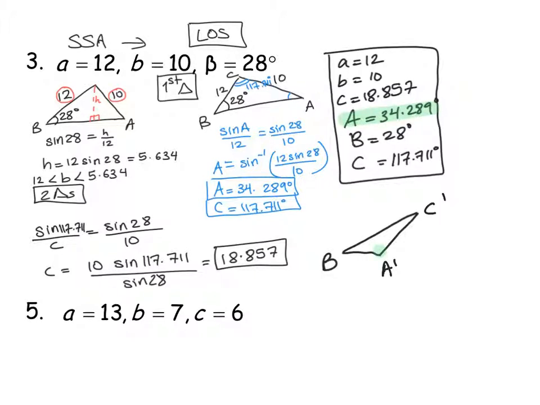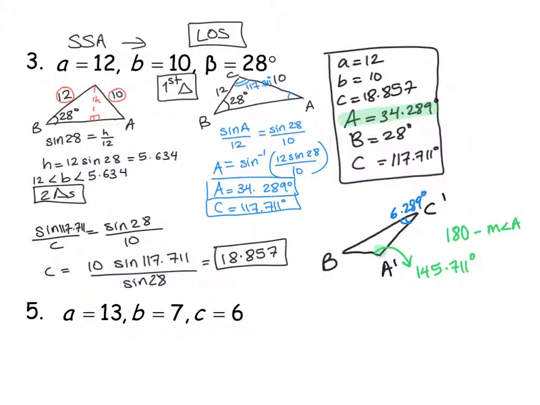So to find this A, I do 180 minus the measurement of angle A. So 180 minus 34.289, and that's going to give me 145.711 degrees. Now to find C prime, I simply do 180 minus the measurement of angle B, which is 28, minus the new measurement of A, 145.711, and that's going to give me